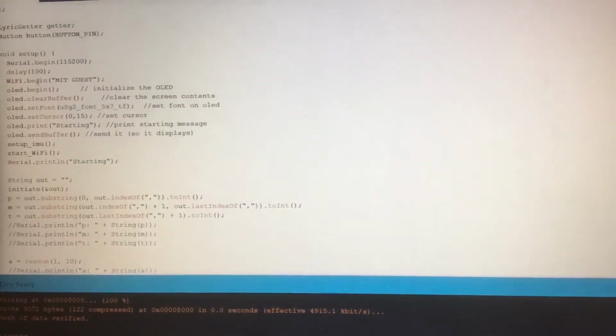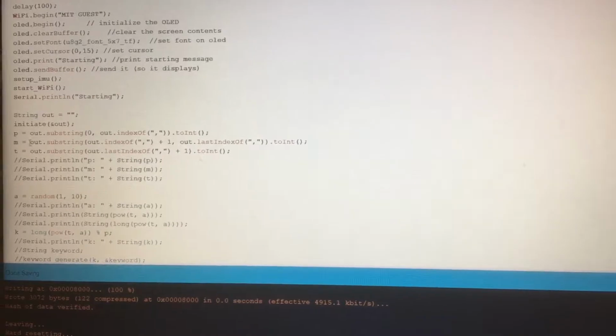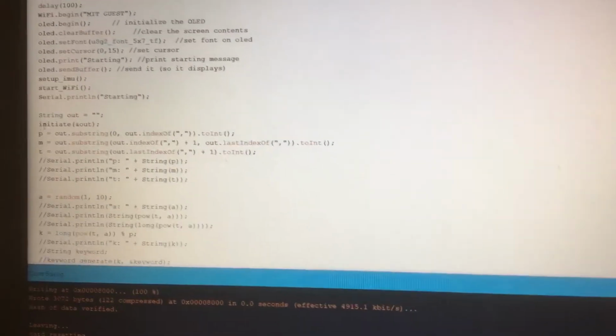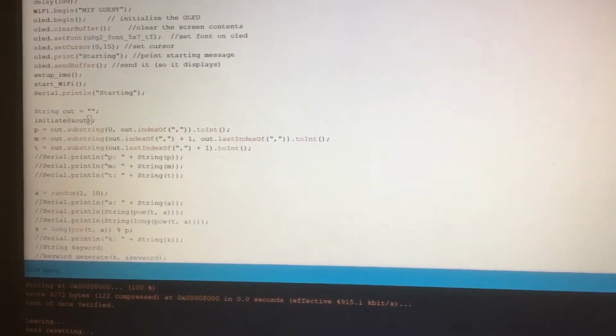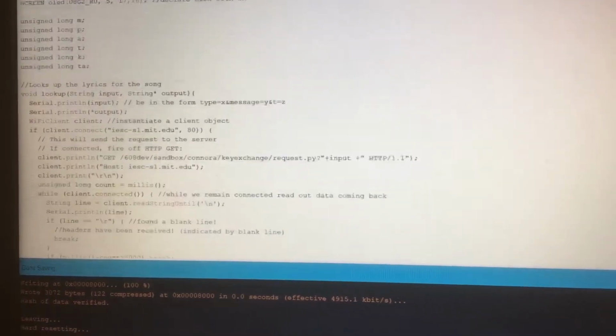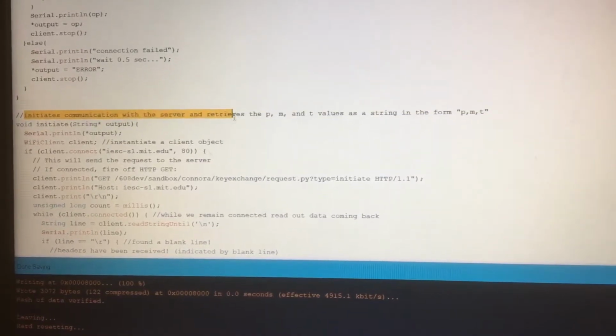So, you begin, you initialize the OLED, you connect to Wi-Fi, and then you define some variables by calling this initiate function. What this initiate function does, if we scroll up, we say that it initiates communication with the server